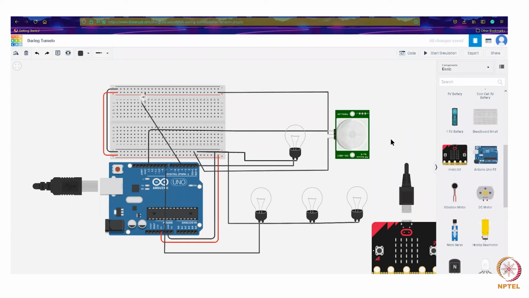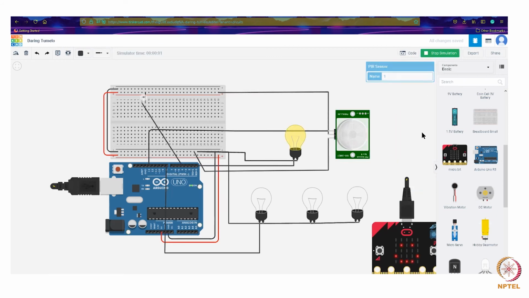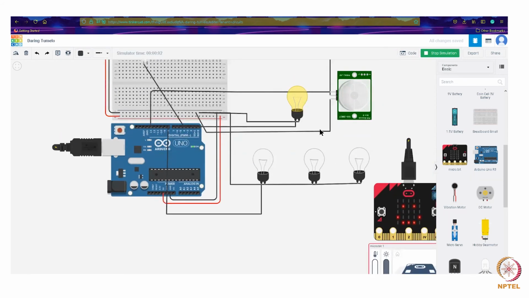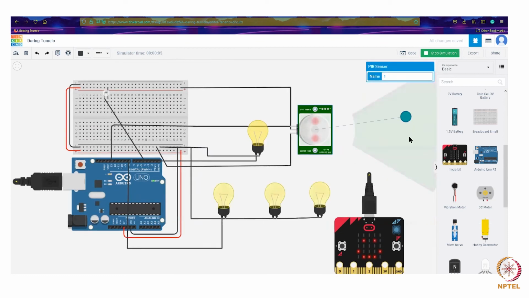We placed them at 5 different spots near the entrance. As you see in this simulation as well, there is some view angle. The PIR only works for a certain angle, and our PIR modules had a viewing angle of 45 degrees. We placed them in such a way that it observes anyone who comes into the room.